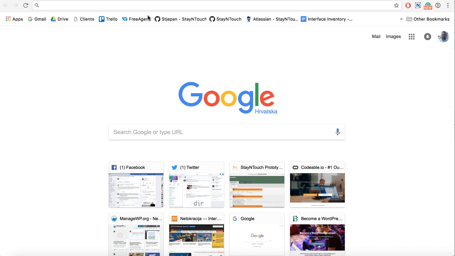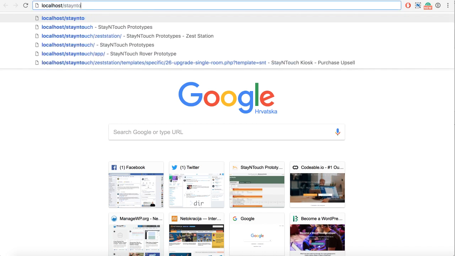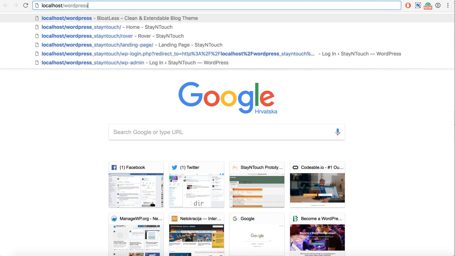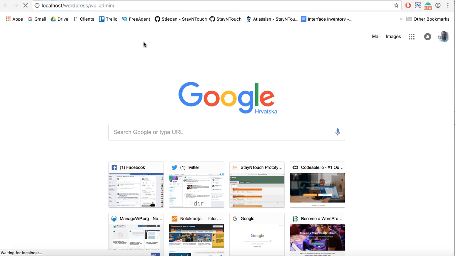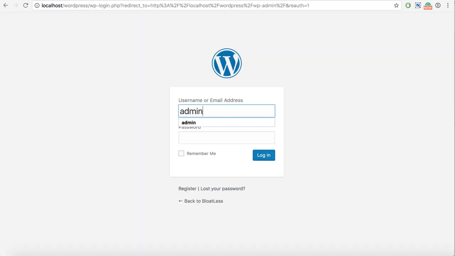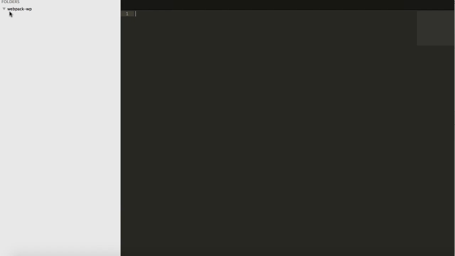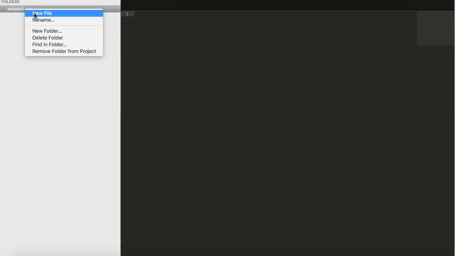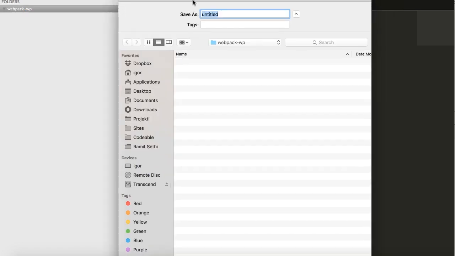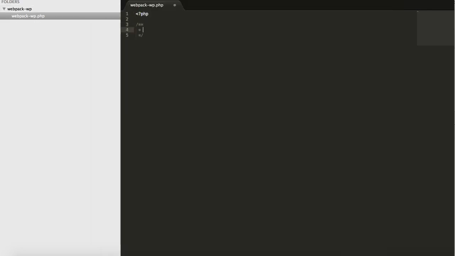So before I start, let me go to my WordPress installation. That can be any installation of WordPress you have, because we'll do just some simple testing and create the plugin. Let me show you. This is my plugin Webpack-WP, and then we can create a new file with the same name, of course, and just type some plugin name such as Webpack test plugin,